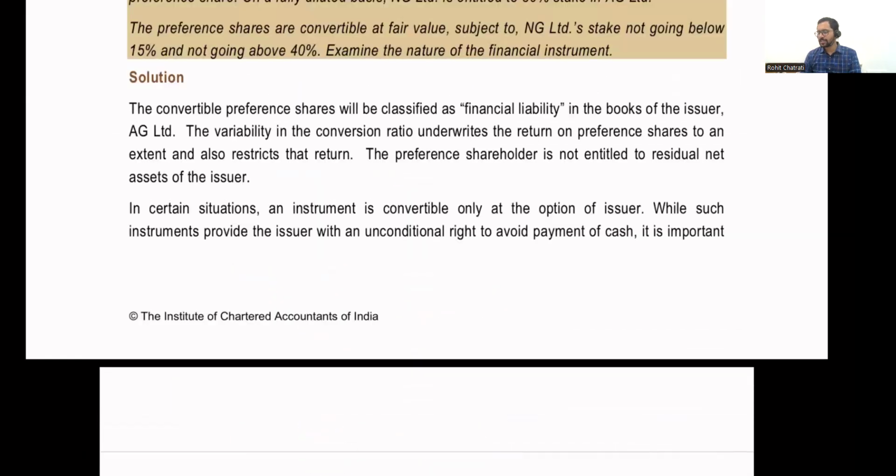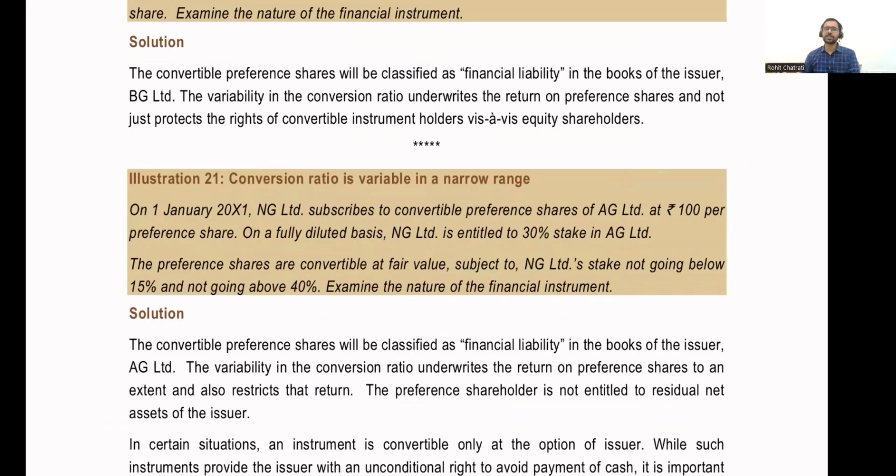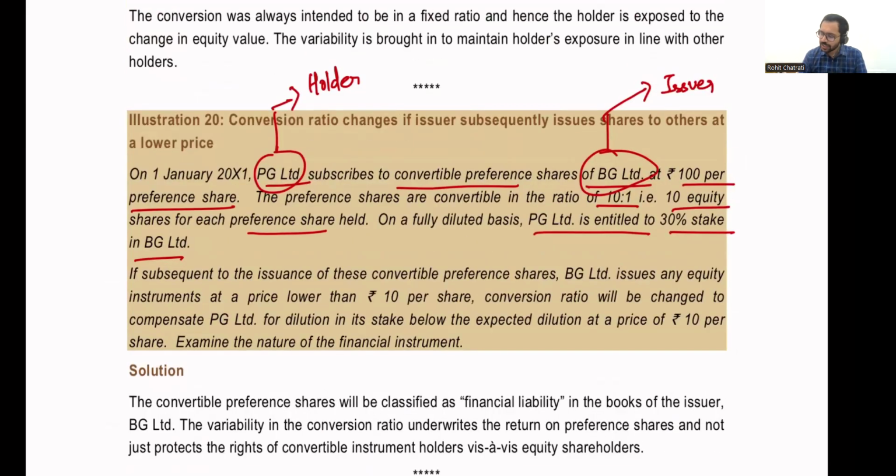Now let us read the second paragraph in this context. If subsequent to the issuance of these convertible preference shares, BG Limited issues any equity instrument at a price lower than 10 per share, what the terms of the instrument are saying is, if after these convertible preference shares, BG Limited is raising capital by issuing equity shares in the market,